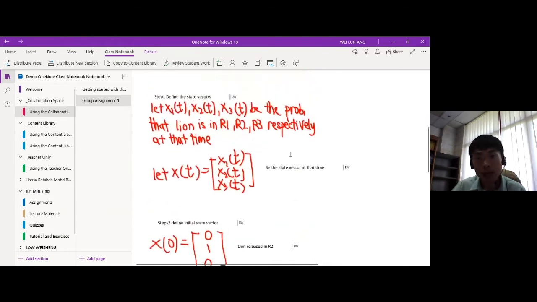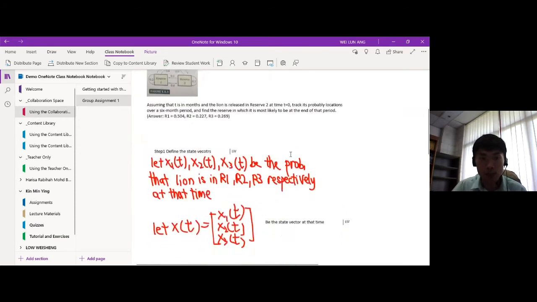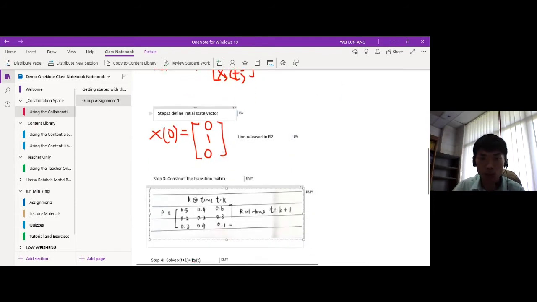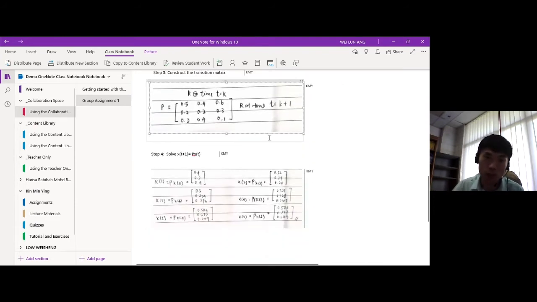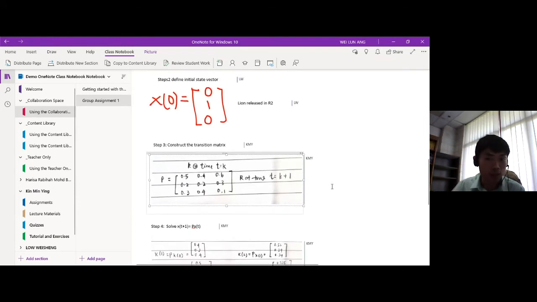So we can see how the students contributed to the completion of this assignment. Maybe one student, LW, will be working on step 1 and step 2, and then another one will be working on step 3 and step 4. So here we will be able to evaluate how much each student contributes to the completion of the projects.